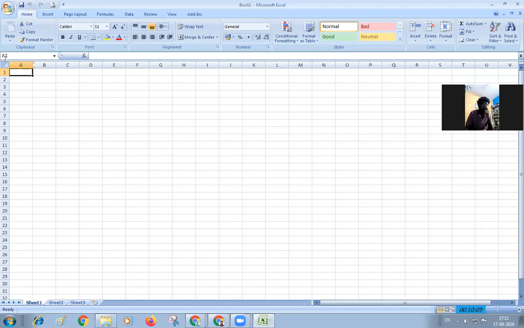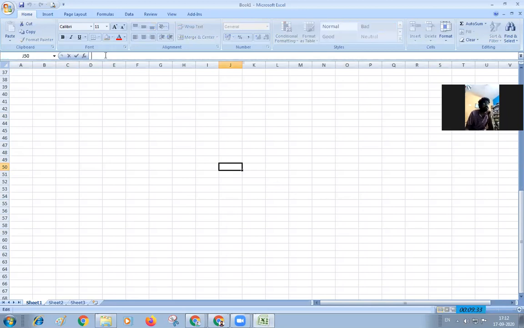See this, it is giving us A1. We are in A1. A is a column heading and 1 is a row heading, and A1 is given like this. If you move the cursor here, you can see it changing to the name of the cell, as B2. And here C4, a combination of C and 4. You can see J14 is the name here. Wherever you go in any part of the sheet, you get the address as a combination of column and row.